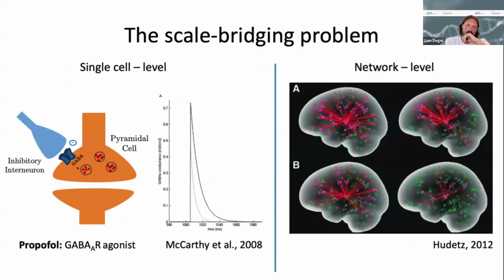So that leaves me here, which is, I spoke about the network level changes, the neural correlates of consciousness, and the molecular mechanisms that we know for most anesthetics, but mostly there is a mechanistic gap between those two levels that differ by several orders of magnitude, if you want, in terms of level of resolution.